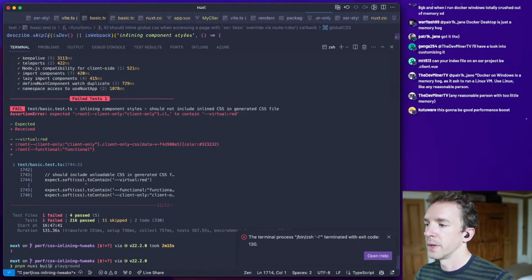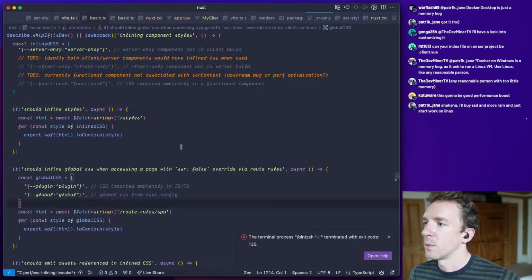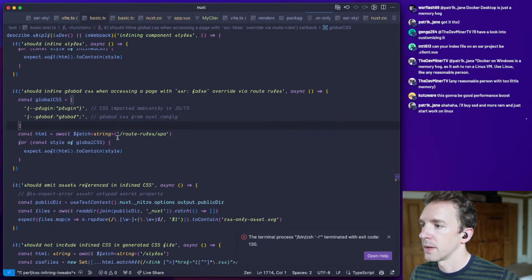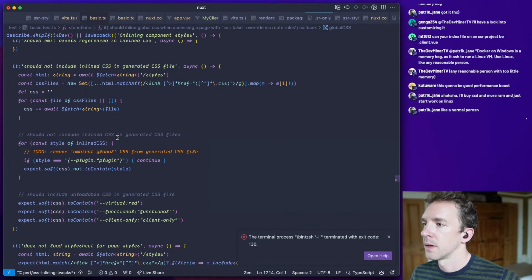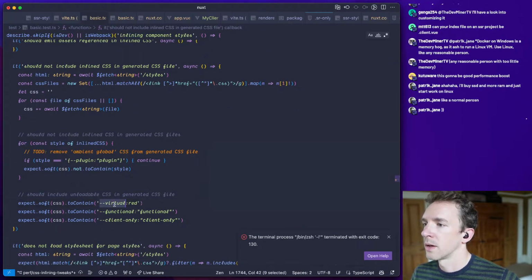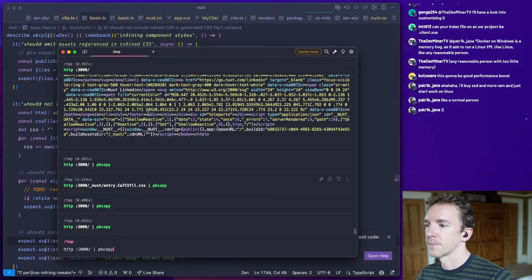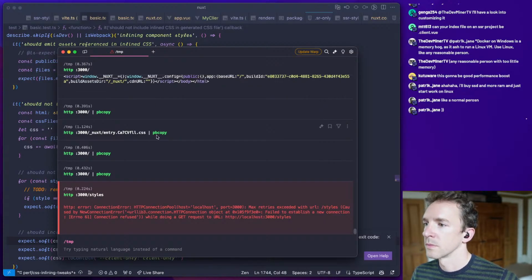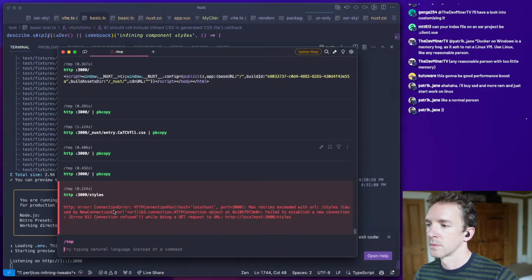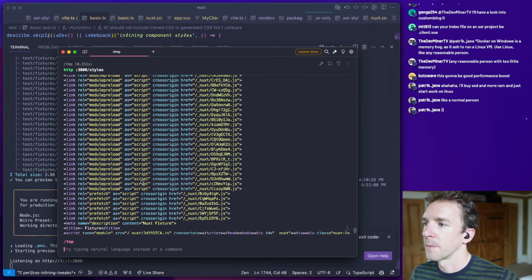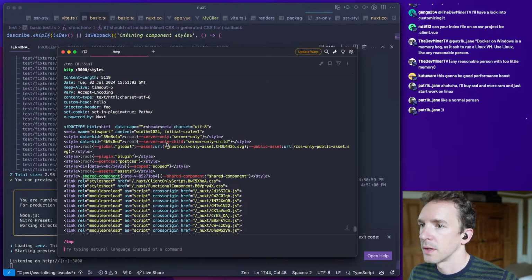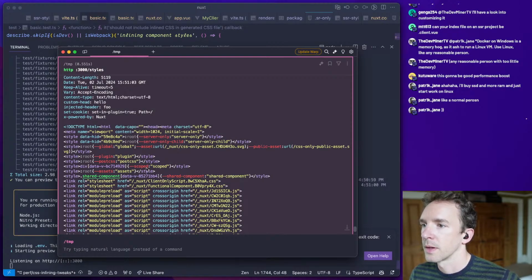Nuxt build test fixtures basic, and we need to see that when we hit styles. Okay, I'm interested in public asset plugin, PCS assets, shared component.